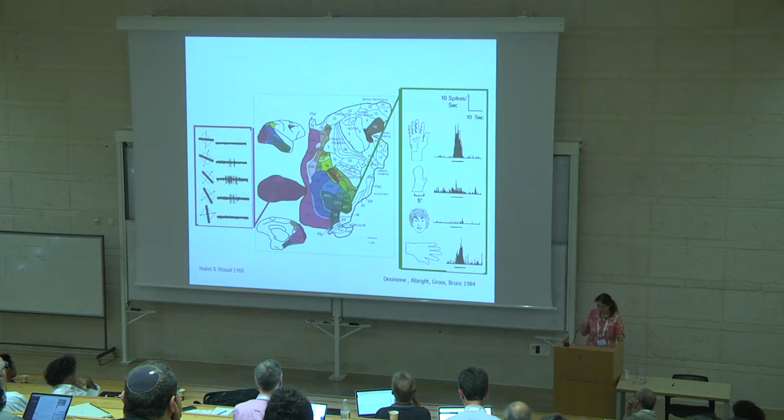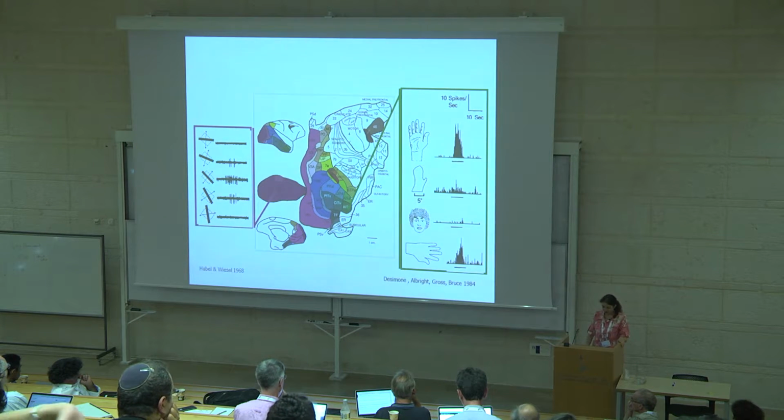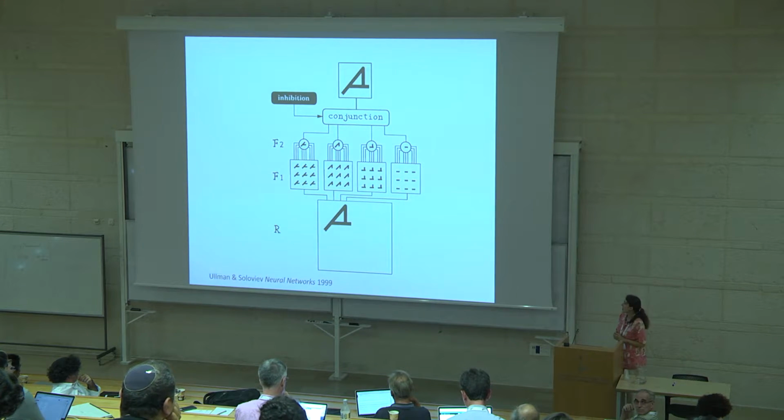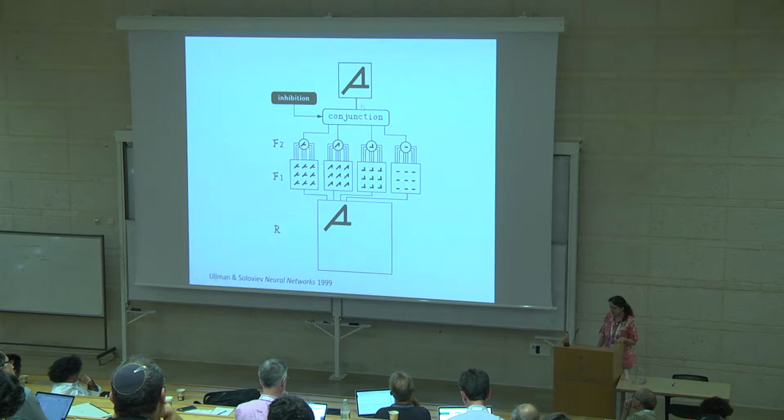But before I do that, I would like to begin with the theory and quote some results from computer vision. In computer vision, of course, edge selectivity is one of the main steps of almost any recognition algorithm. But then how to build invariance? Here I'm quoting the results from Ullman and Soloviev, and they ask: suppose I would like to build a detector that is a partial letter A that is invariant for